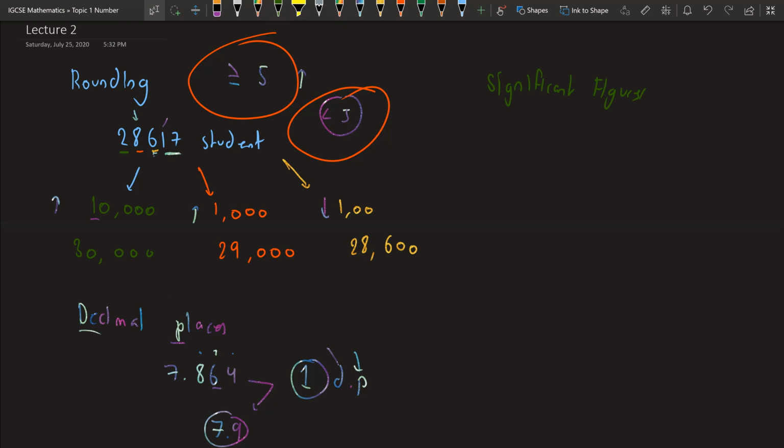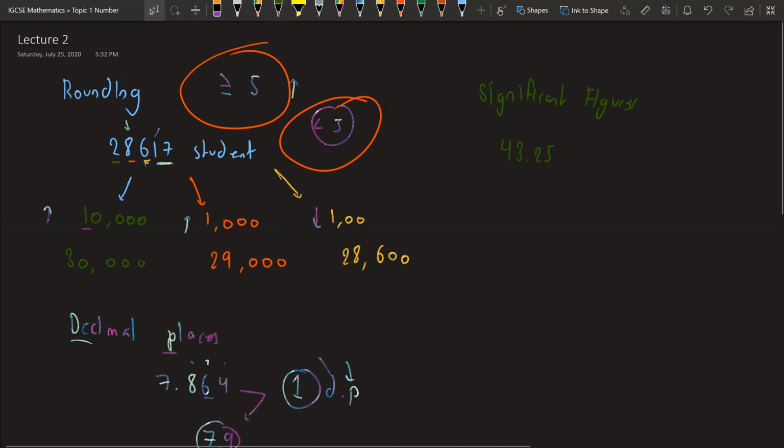For example, let's say we have 43.25. This number here, the 4, is the most significant figure, representing the most important value,